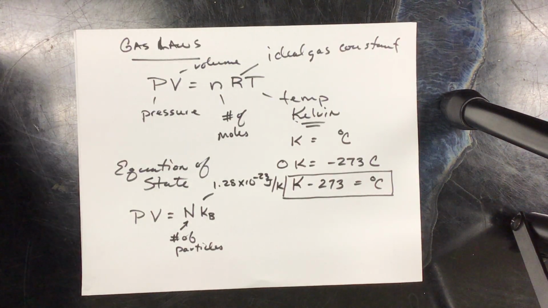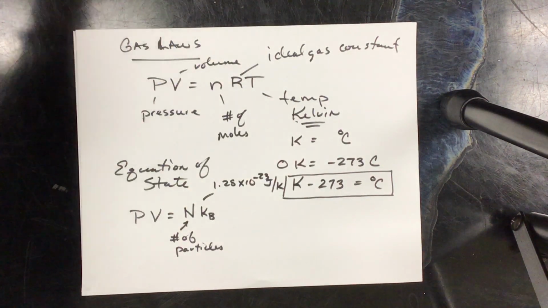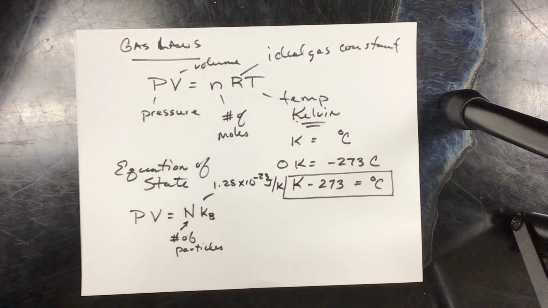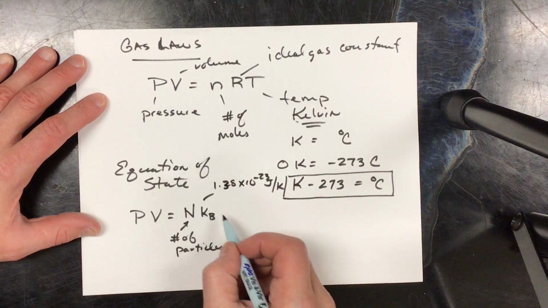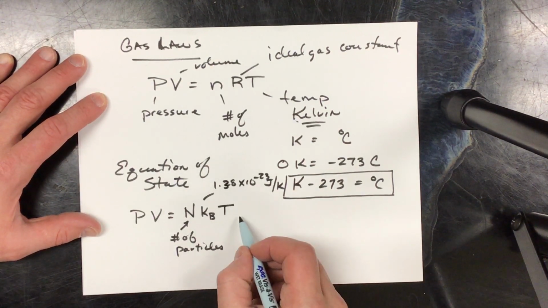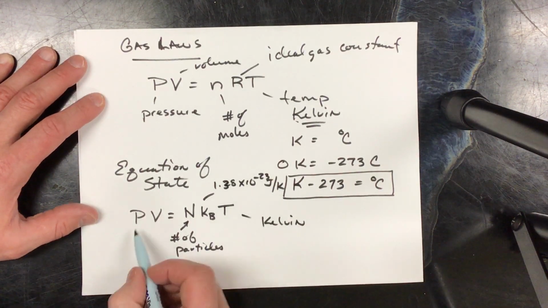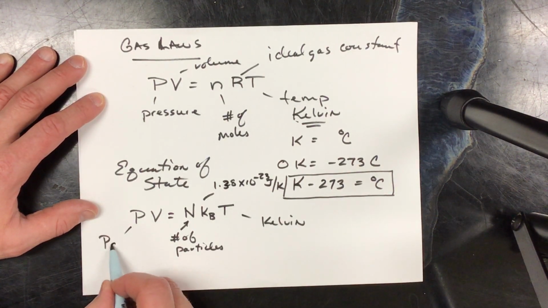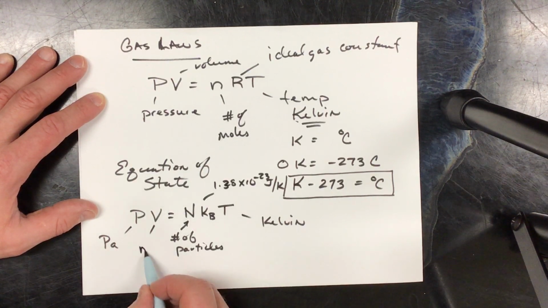That's right, okay. My eyes are playing tricks on me, sorry. And our temperature T, of course, is going to be in Kelvin again. Pressure, remember, pressure units are pascals, and for physics, instead of liters, our volume is going to be in cubic